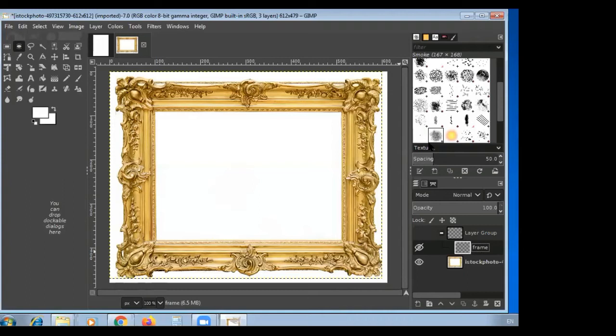Now next option will be adding a layer. To add a new layer, the steps will be here.